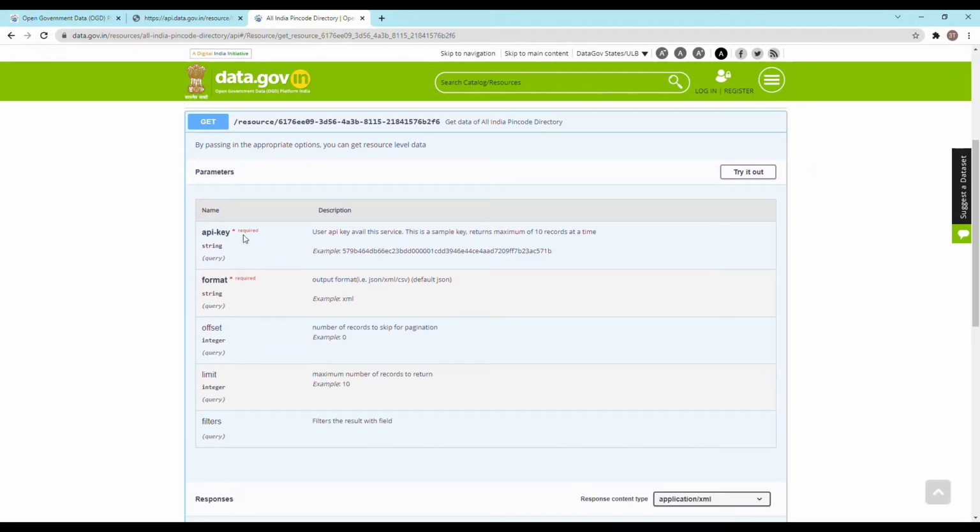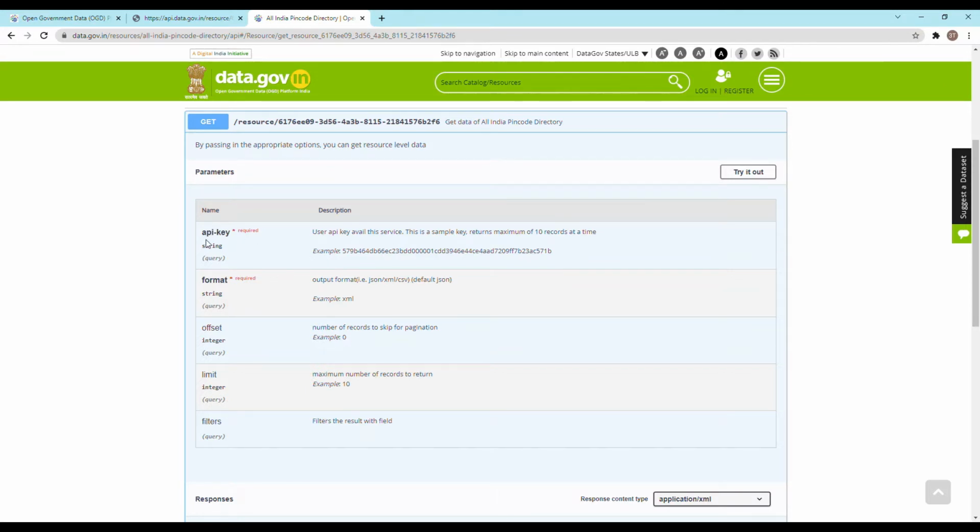You can understand what all the parameters of the API are. If you see here, API key and format are the mandatory attributes, because you should be authorized to view the data, right? In this case, just register with any email ID and you should be able to get the API key.